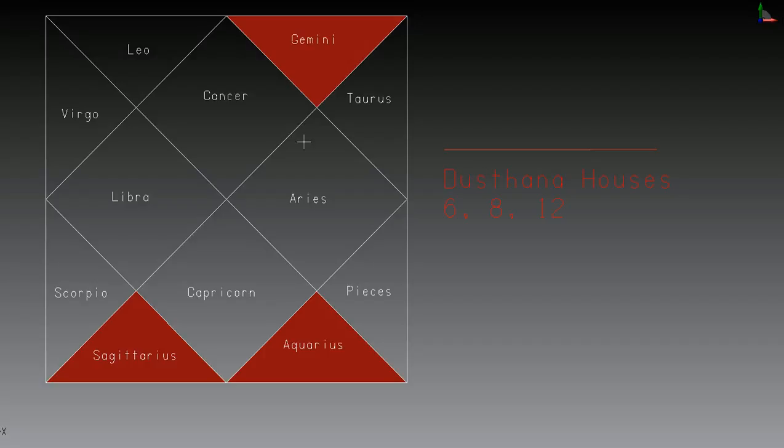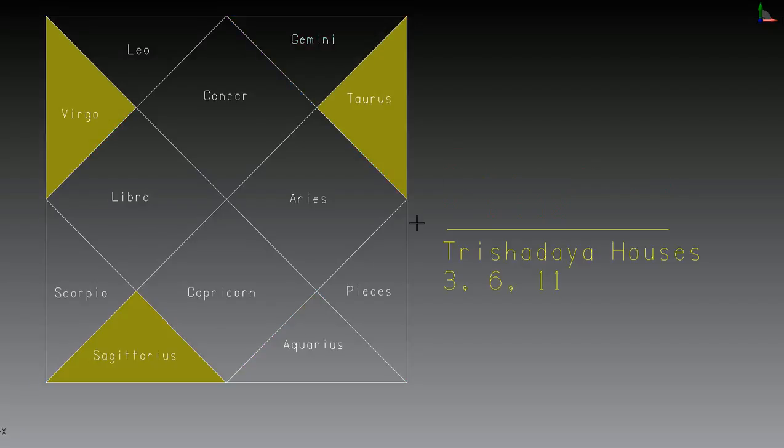Then the next level of houses are the Trishadaya houses, and these are called malefic houses. The results which the planets sitting in these 3, 6 and 11 try to give are the karma or the desires in one's life. So these are the desires which one wants to try to fulfill, and I have shown it with yellow because you can consider whether the desire is good or bad. If you don't have a desire, what will you do with your life?